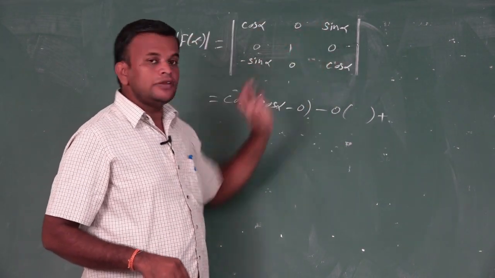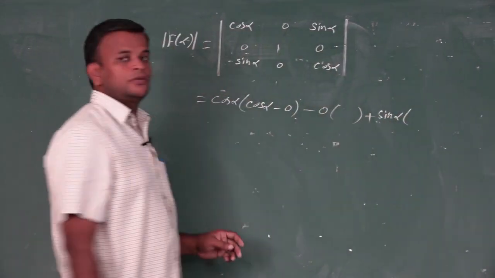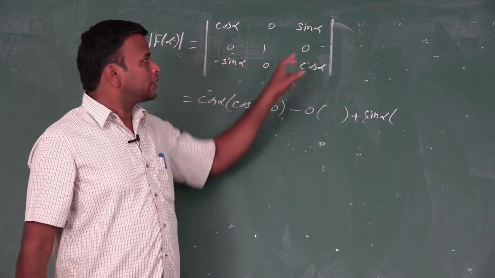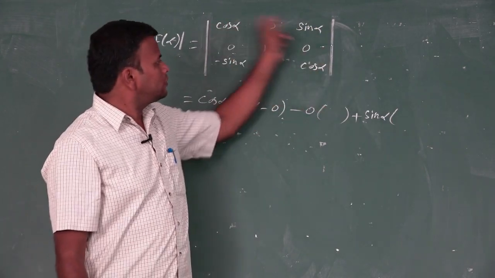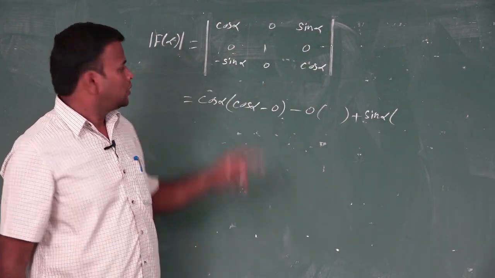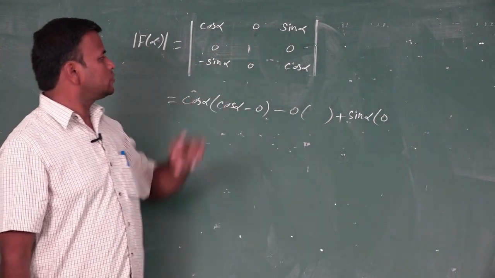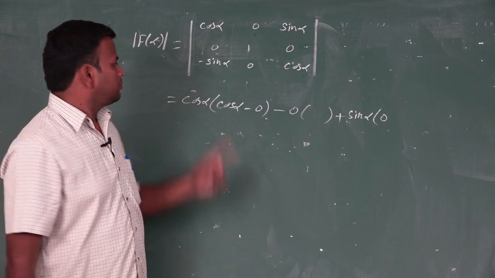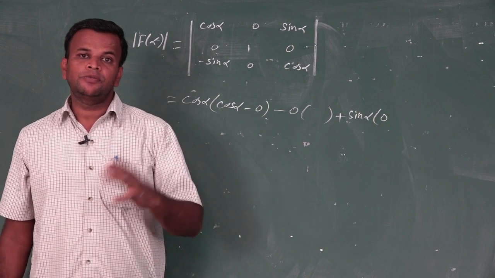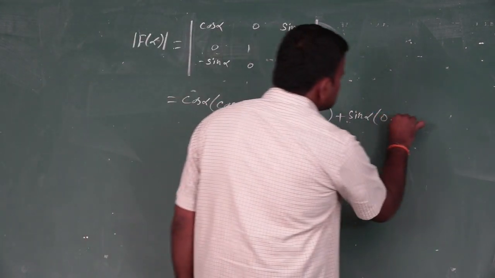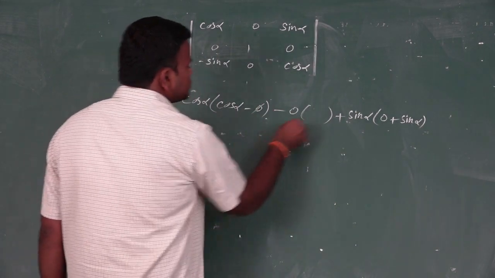Next we move plus. Plus, minus, plus. Plus, what is the value here? Sin alpha. Sin alpha of. We leave the row and column occurring this sin alpha. Sin alpha is in the first row and third column. We leave this and multiply the remaining. 0 into 0 is 0. Then we multiply these two elements with a minus sign. Minus sin alpha into 1 is minus sin alpha. We multiply one more minus, so minus and minus is plus. Plus